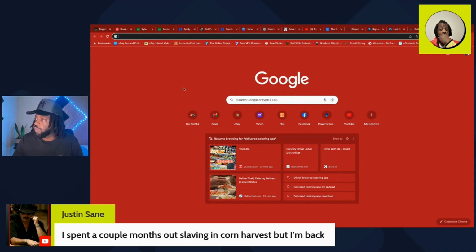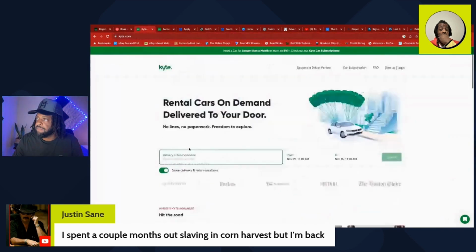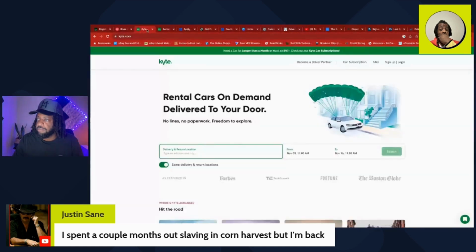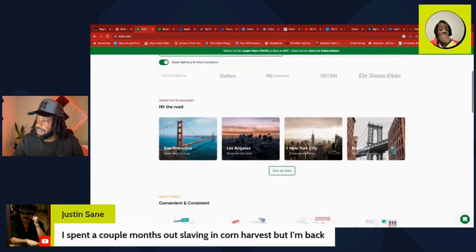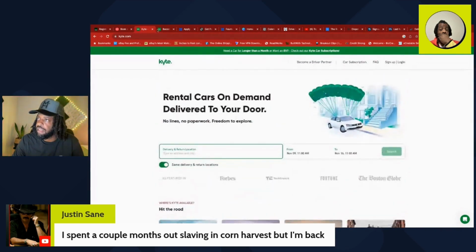Let's go ahead and do a recap before I go through the last 3 apps. We talked about Kyte. This app is very similar to Driver, where you pick up cars for rental car companies or pick up vehicles and transport them from one place to another. And then the company will pay you to get back to your house, or give you an Uber, or have somebody pick you up and take you back home. So like I said, you don't need a vehicle for this app, but go ahead and download it, get signed up, and they are primarily in all the major cities, including ATL. And then we got